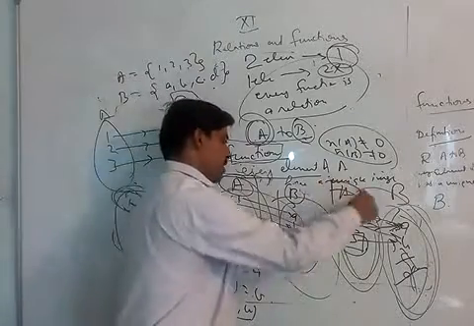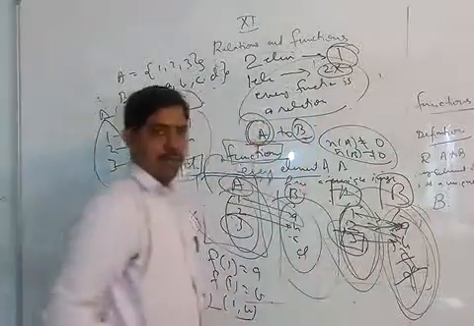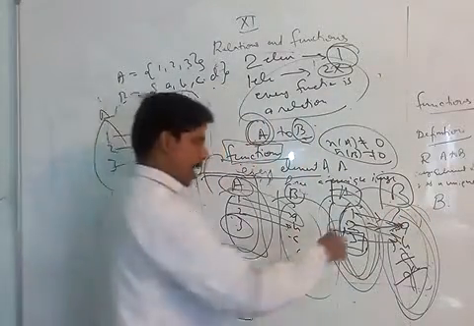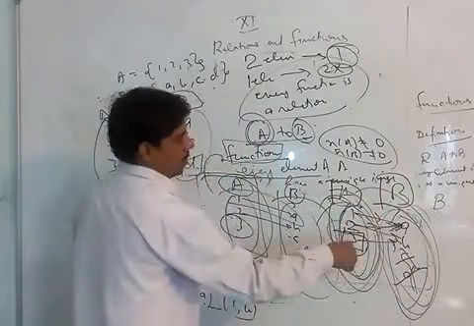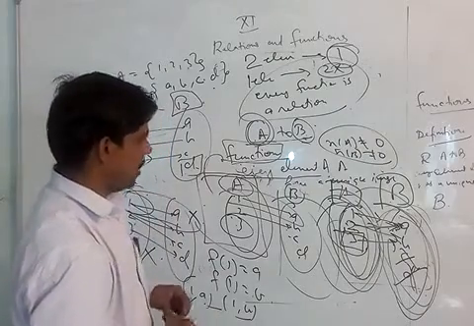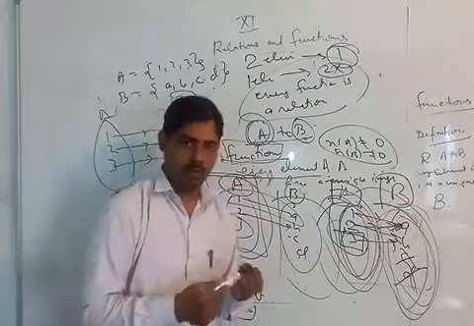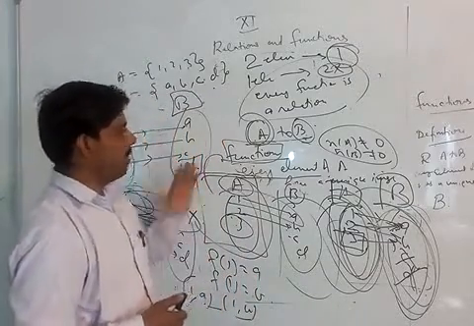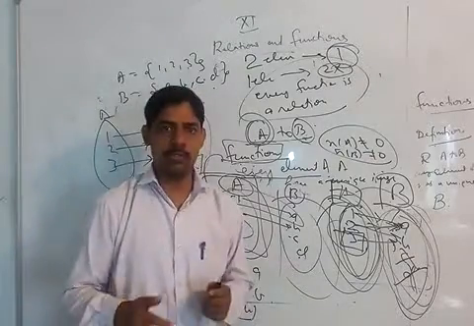So understand, the first set is like people. And the second set is like machines. You cannot leave people. You can leave machines. You cannot send 2 people to the same machine. ये आपको ध्यान आना चाहिए. Then you will understand functions. Then we will study types of functions, one-one functions, onto functions, into functions later on. But ये आपको definition पता होना चाहिए. This is a function, right? So that's it for the class and see you in the next class.